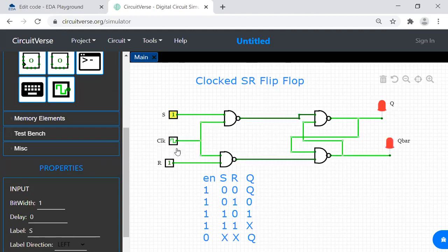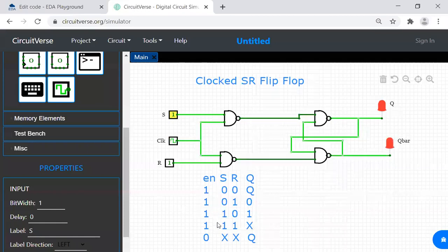Now if you see 1, 1, what happens in some states? That is the reason we declared it as a forbidden state. With 1, 1, sometimes Q and Q bar are both 1 and 1. But sometimes Q bar will be equal to not of Q. You can see, at one instant both are glowing, at one instant one is glowing and the other one is off. Because of this condition only, we call it a forbidden state, because it will neither remain at 1 and 1, nor will it change to 1 and 0. See, whenever the clock is changing, this value is changing. We can see this more prominently in other flip-flop cases.